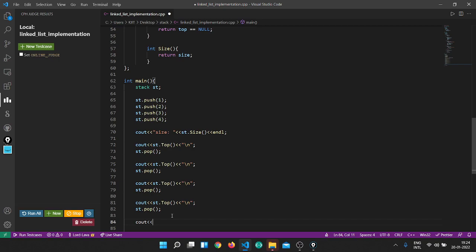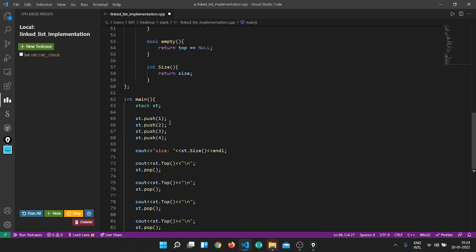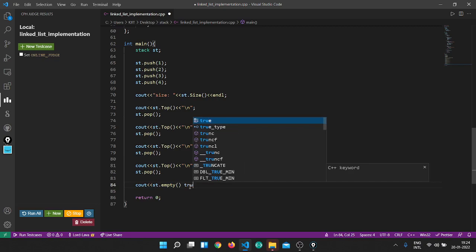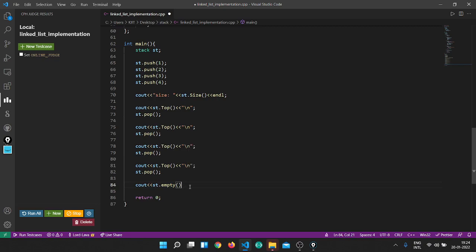So we'll print st dot empty, and remember that if else condition, if this was giving me true, I returned a true. So I'll just use a ternary operator over here instead of that if else. So what it will be is, if I check whether stack dot empty is 1, then I'll output true. Otherwise,